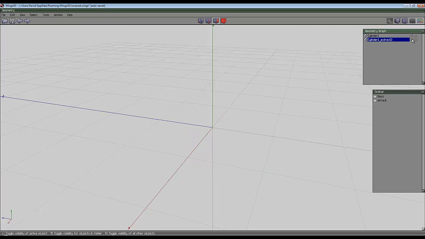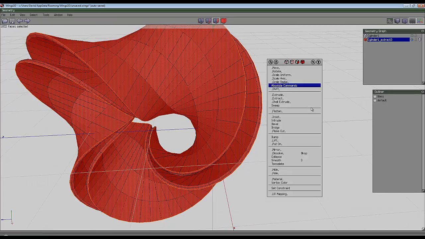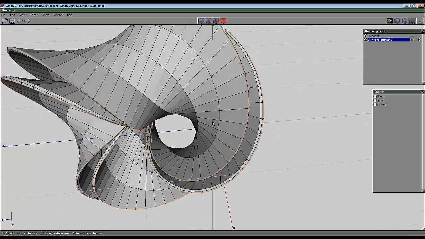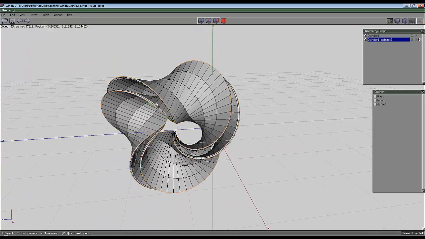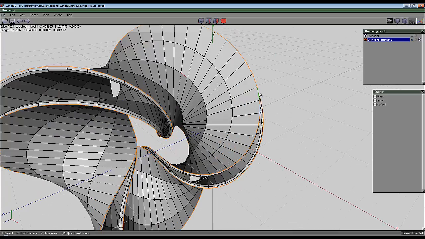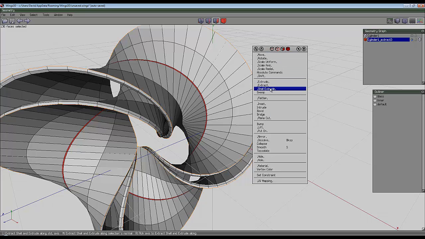I'll hide that new one, bring back the old one, select the entire object, go to face mode, right click, and I'll call this material, right click, inner. Okay, so they're appearing in the outline here. I thought I could do another little detail, because if you see when it's got just this inner surface, it's got these hollows running around inside, and I thought it'd be nice if I select one of these loops on the inside, press L for loop, right click and bevel. It'll only bevel a little bit, but I can shell extrude from this,